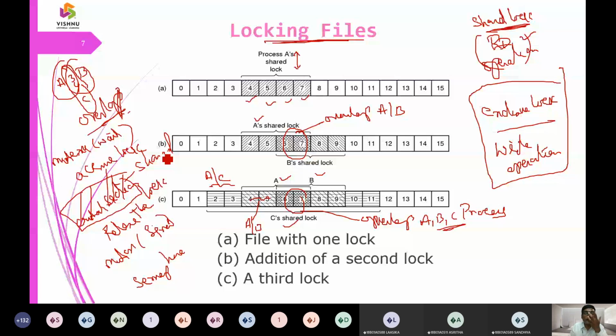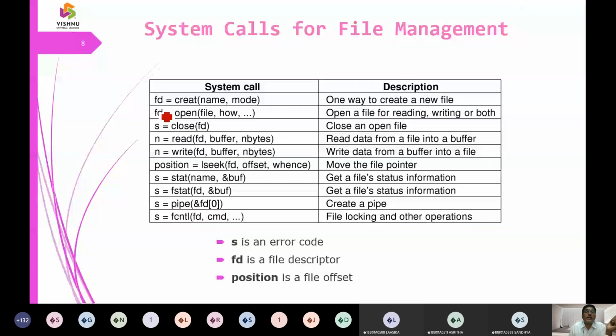The same thing I can show you here via the system calls or system instructions. FD is a variable, a file descriptor variable, which is part of file management. So we are going to create a file, give the file a name, and then make it a mode here. What is the mode we are going to make? Whether it is a read mode or a read-write mode. So we will be giving a mode option here.